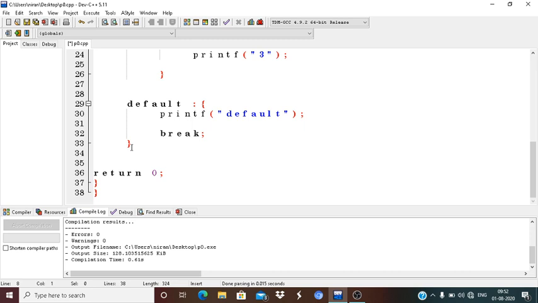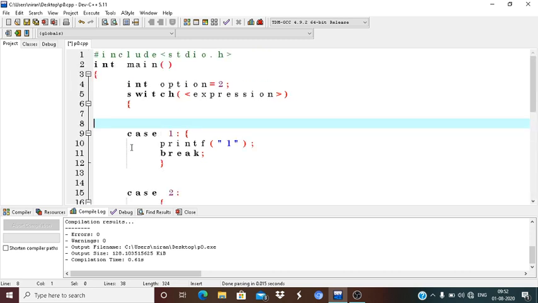I repeat, the braces can be omitted when there is only one statement in the statement block. Inside these braces you can write whatever cases you need. There is no restriction that only 7 cases or only 5 cases are allowed. You can write infinite cases. It is your responsibility.